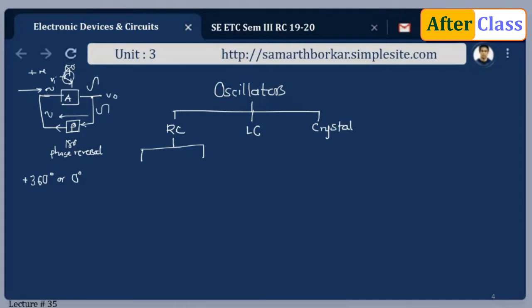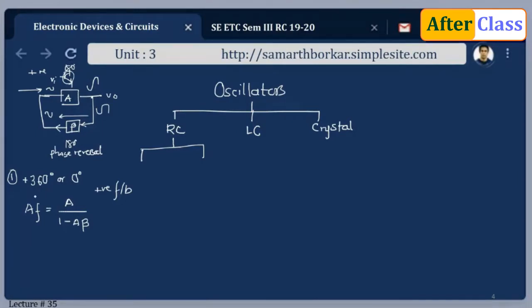So there is nothing called a fictitious signal. Just for the explanation, I consider there's a fictitious signal. Otherwise, the feedback signal acts as the input to the amplifier. Now, what should be the degree of feedback? We know that in case of positive feedback, AF equals A upon 1 minus AB. This we have derived. This is for positive feedback. A is the gain, B is the feedback network, and AF is the gain with feedback. Now, the first condition is the total phase shift around the loop has to be 360 degrees.